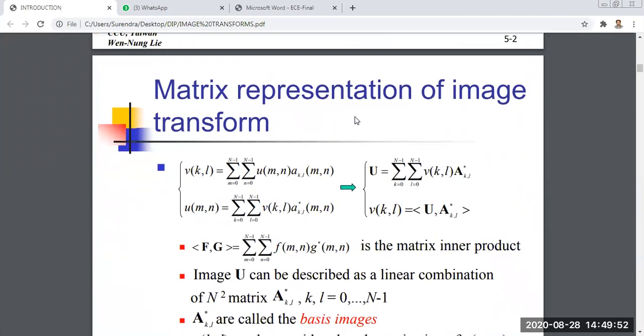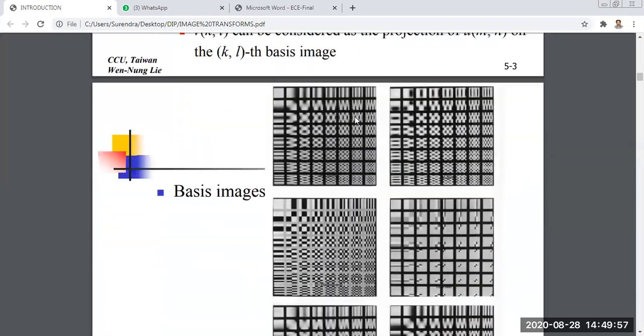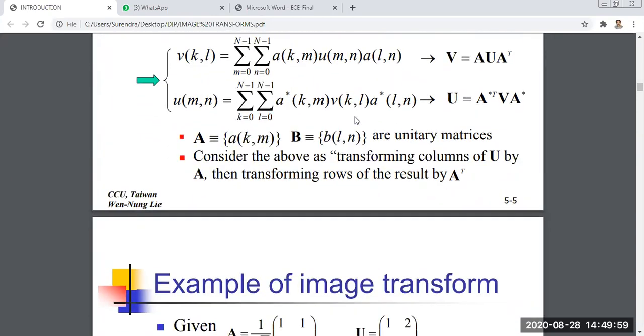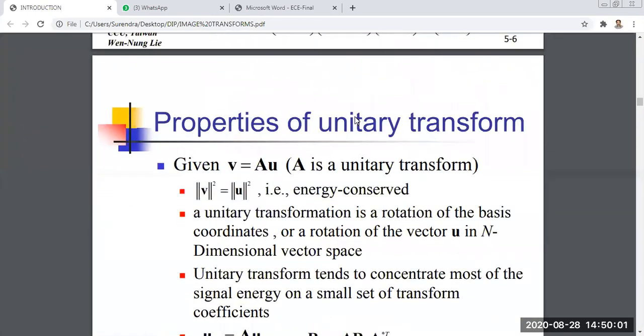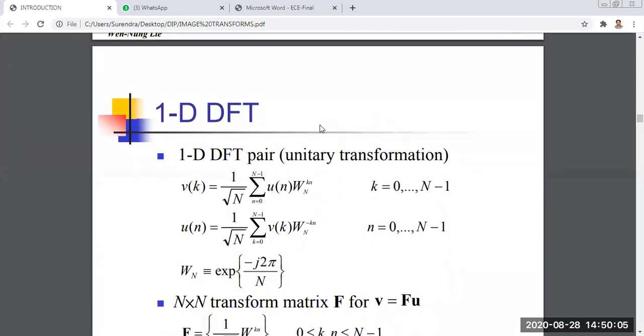These are unitary transforms. Actually, the unitary transforms are nothing but your normal Fourier transforms. But as per your syllabus, we have to start from the one-dimensional Fourier transform. You already learned it in the previous semester in signals and systems and digital signal processing. In signals and systems it is continuous, but in digital signal processing, both discrete and digital we have completed.